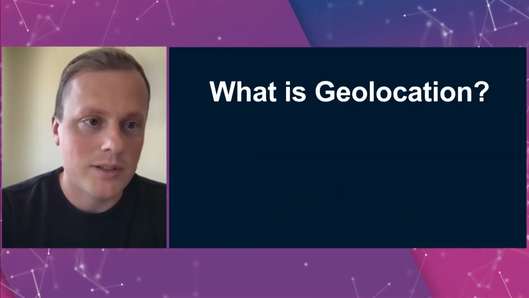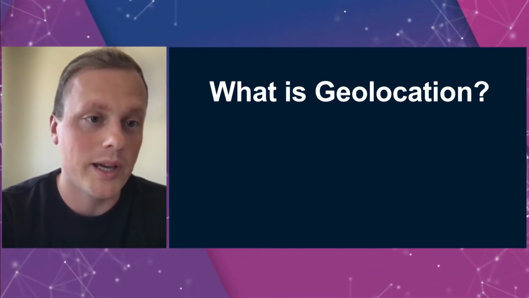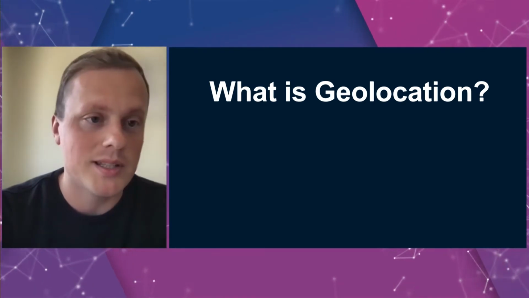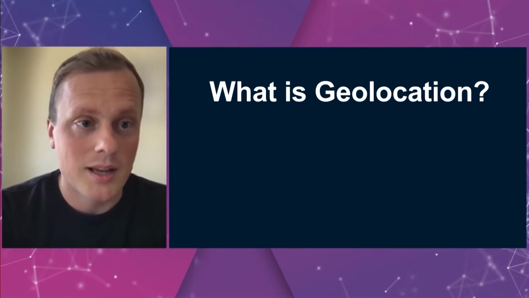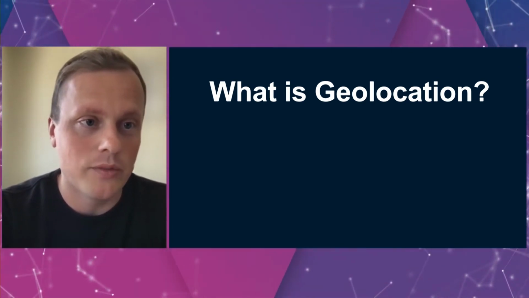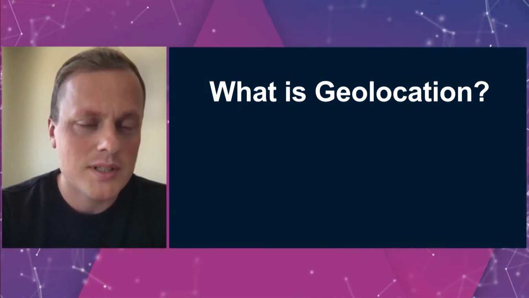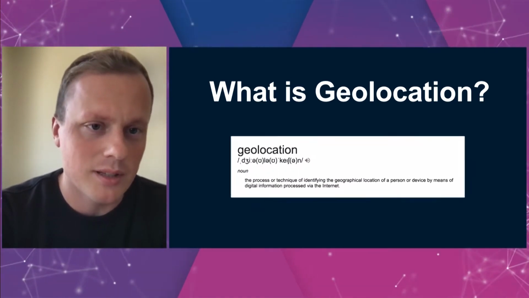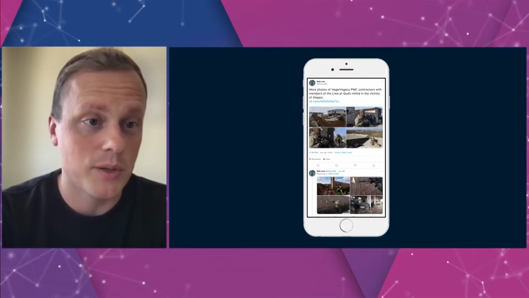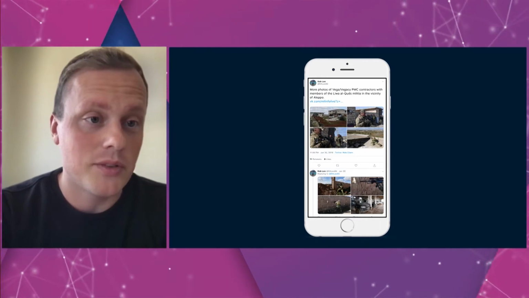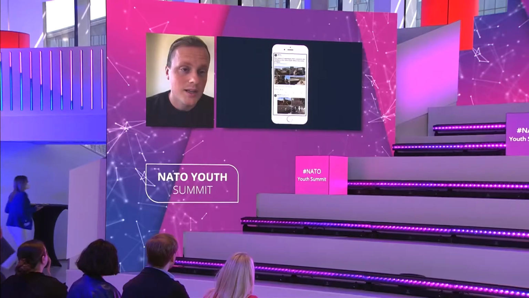So for those who haven't stumbled upon this wonderful method, it's basically a way to figure out where exactly a photo or video was taken using various details and various other tricks. Well, basically everything you can get out of the online space. Next slide, please. So basically, this is just a description. It's quite long and not as interesting. The way I like to explain geolocation is it's basically trying to figure out where the photo was taken by looking at details you can see in the background. Next slide, please.